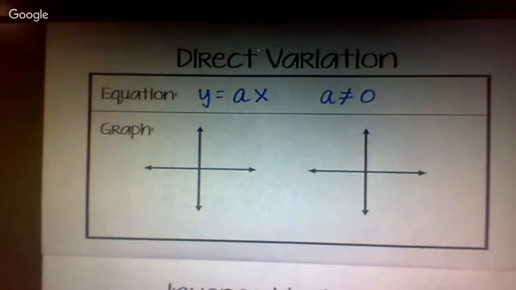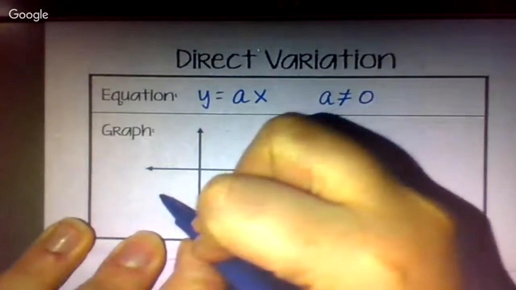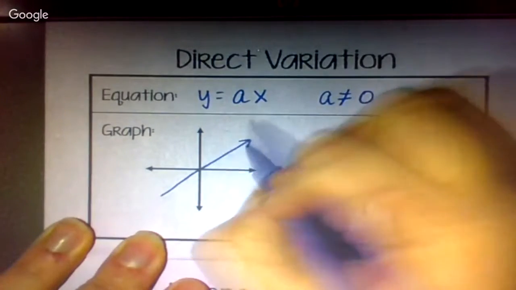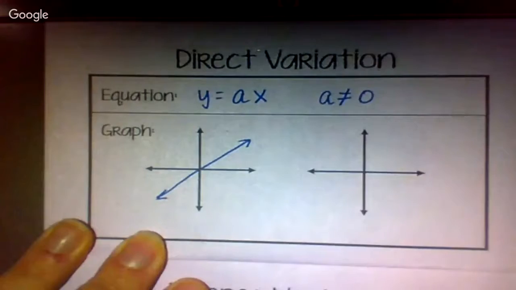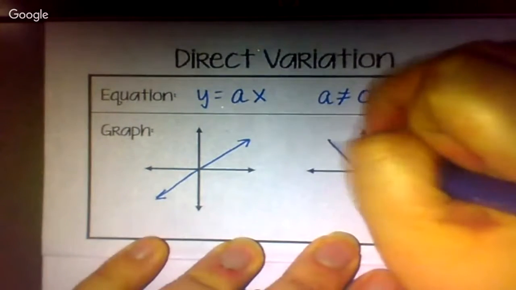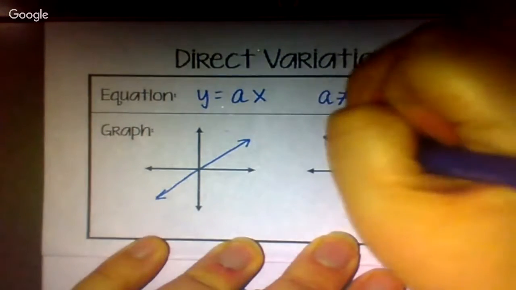0. What did my graphs look like for direct variation? A straight line. Okay. What specific point did it have to go through though? 0, 0. It had to go through your origin. So your graph could look something like this, or it could look something like this. What does that sign